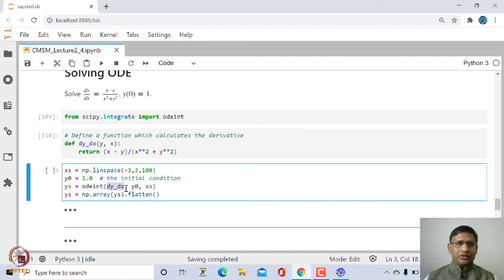You need to give the right hand side of dy dx, the initial value, and the points at which it wants to evaluate, those are the x values between -3 and 3, and this is what you get. It returns the approximate value of y,